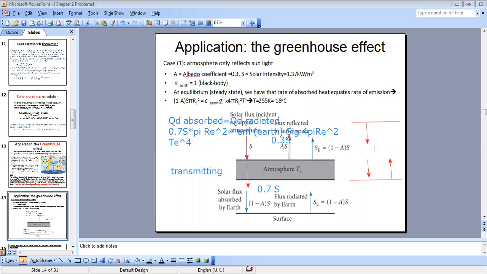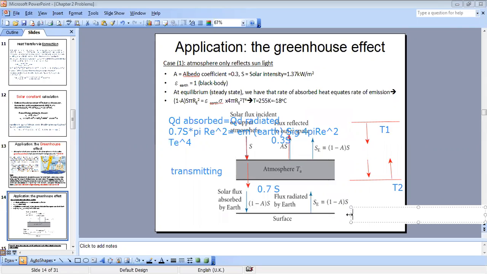When you do this, the absorbed one is at the temperature of this surface, and the emitted one is at the other temperature. So if this is T1 and this is T2, what you are familiar with is to say that the net rate of radiation is,